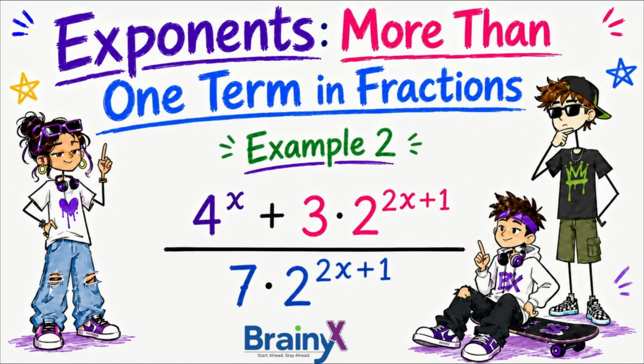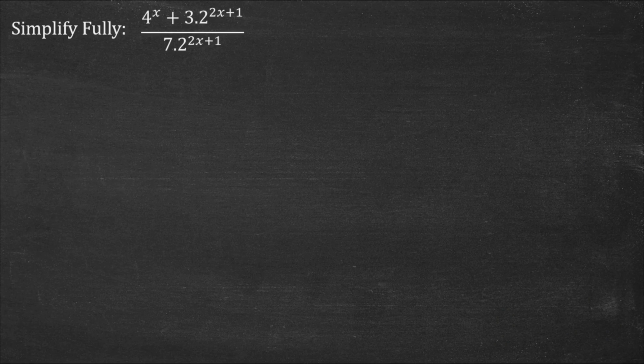In this video, I'm going to show you how to simplify this algebraic fraction involving exponents. Let's have a look at the fraction. In the numerator, we have more than one term. So we need to be careful because we cannot cancel across a plus or a minus sign. Remember, we only cancel factors, not terms. That means we need to factorize. And to do that, we are going to use our exponent laws to rewrite the powers and find a common factor. Let me show it to you step by step.